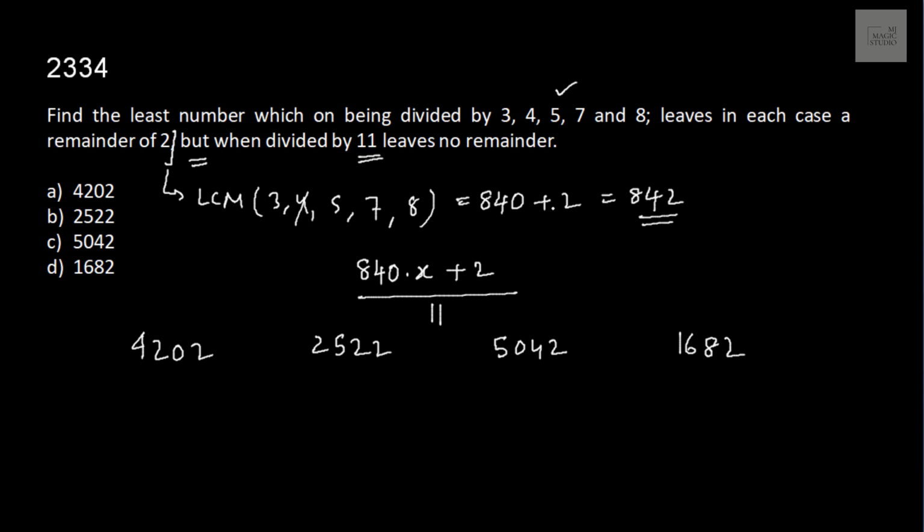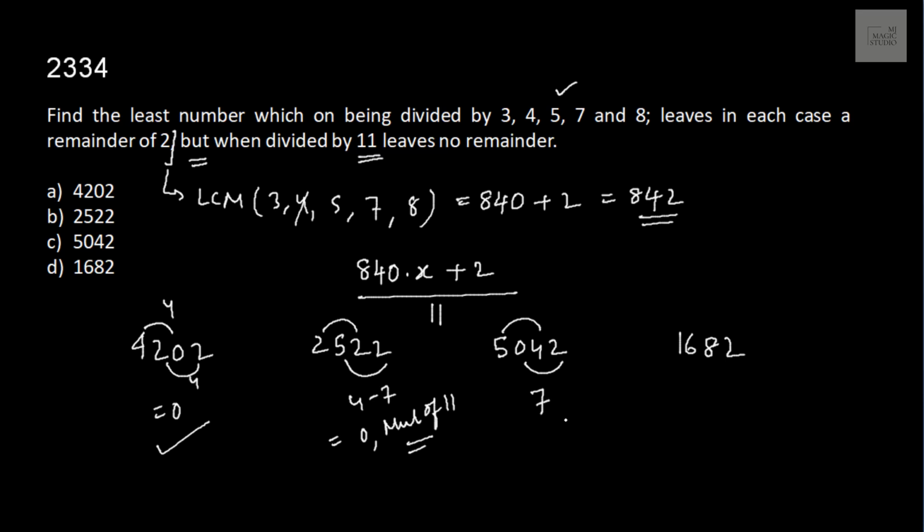Now how to check if a number is divisible by 11 or not? It's simple, odd even addition. 4 and 0 is 4, 2 and 2 is 4, 4 minus 4 is 0. This number is divisible by 11. This is 4 minus 7, the number is not divisible because the difference should be either 0 or a multiple of 11 to make a number divisible by 11. What is the rule? Odd, even, addition and then subtraction. 9 minus 2 is 7, not divisible. This is 9 and 8, that gives you 1. This number is also not divisible. So out of the 4 given options, only 4202 is divisible by 11. Obvious answer is A in this case.